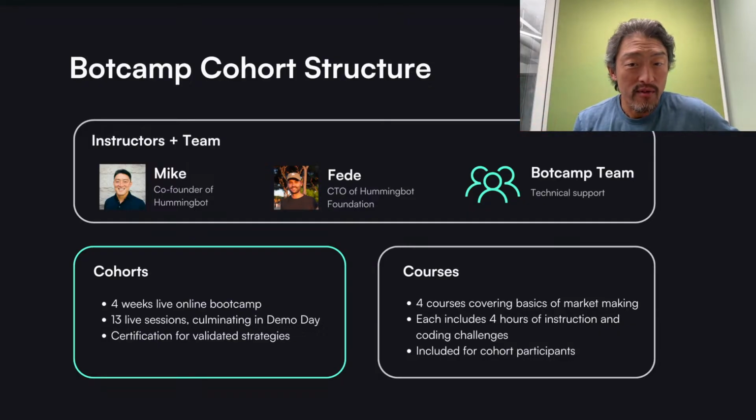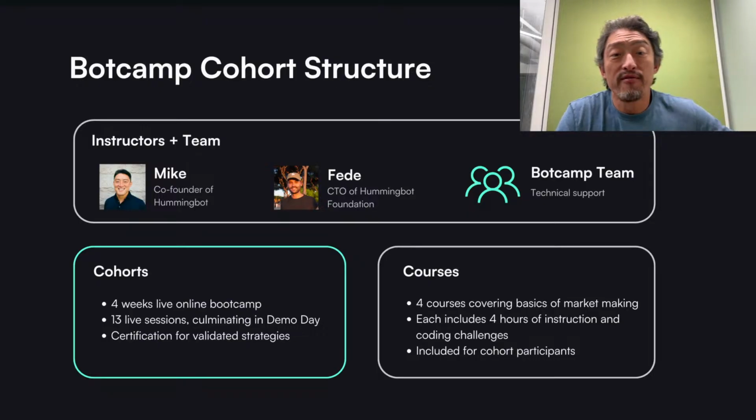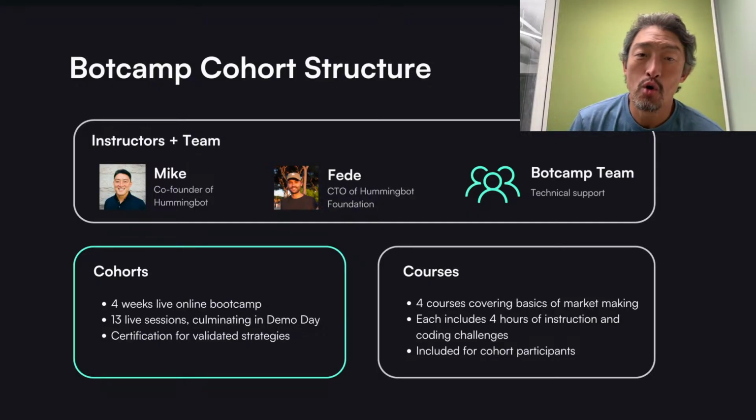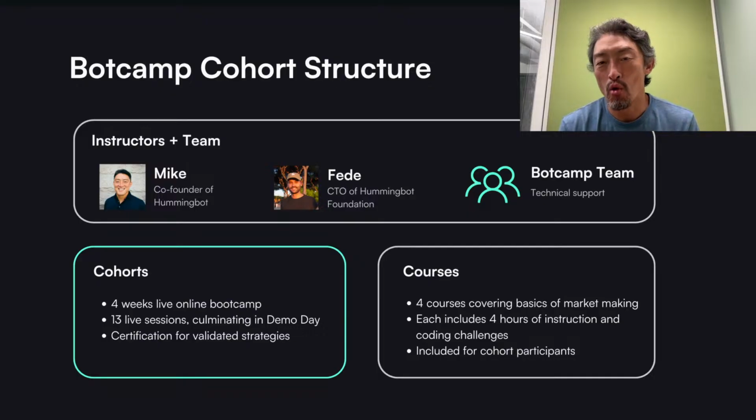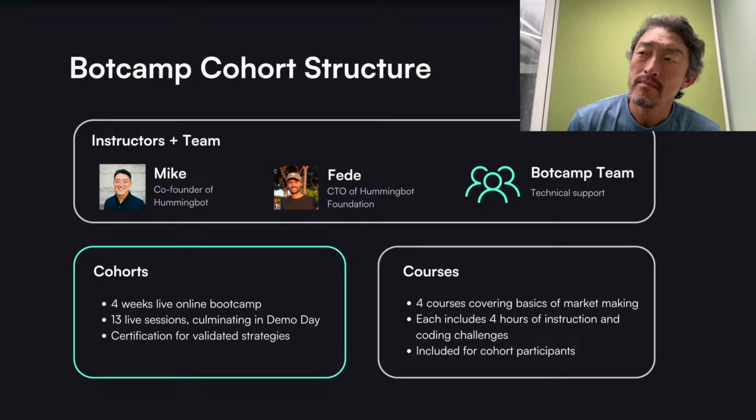I'm excited to announce that we will have a couple of new courses coming out that will be made available to the Botcamp cohort enrollees. One of them will be on AMM dexes, how AMM dexes work from both a theory and a practical standpoint, and it will leverage the new gateway middleware that we just introduced in version 2.8.